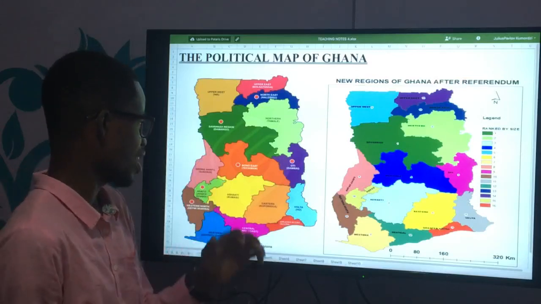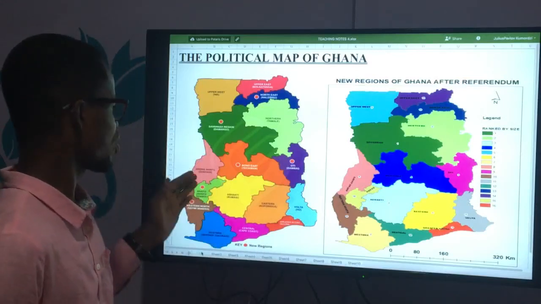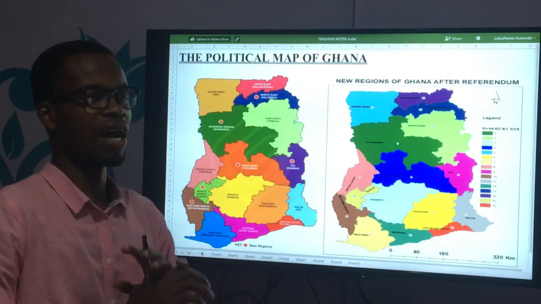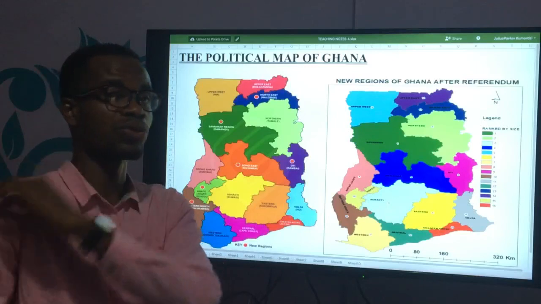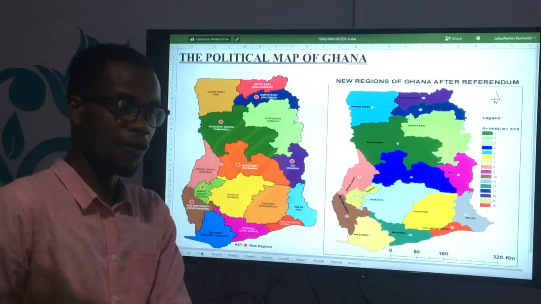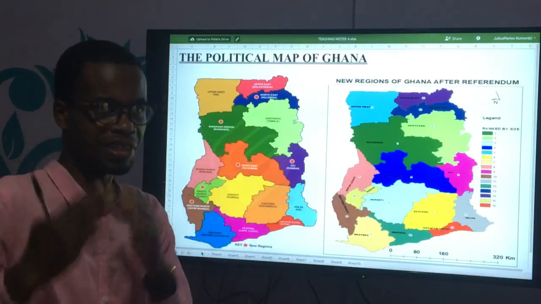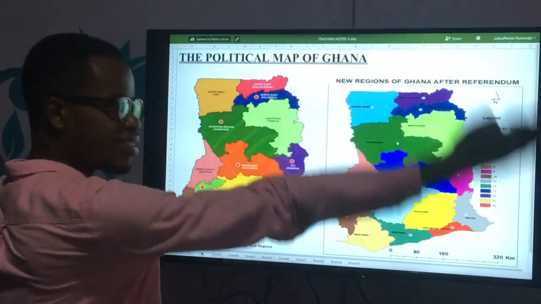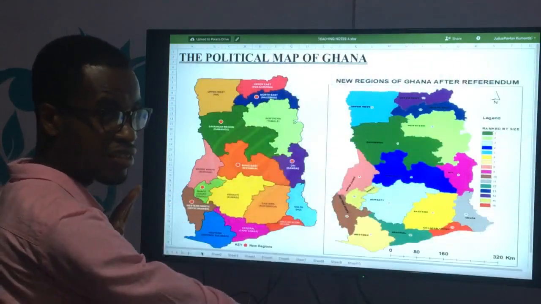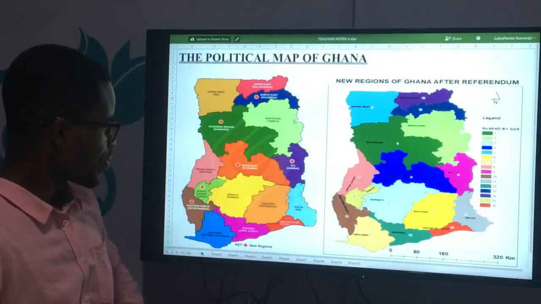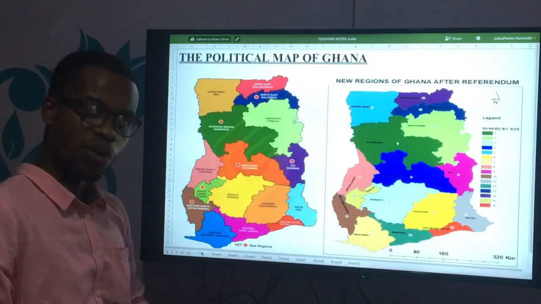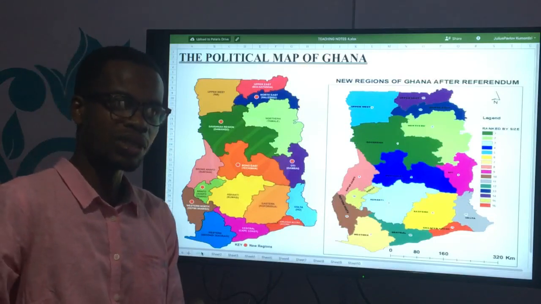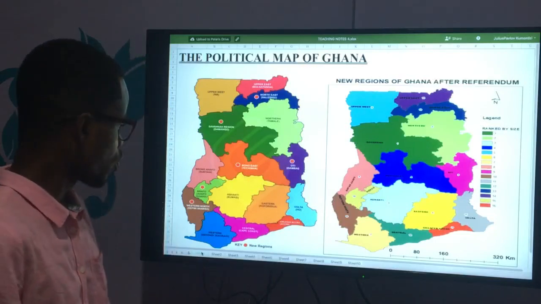region. Now let's come to this side, the Bono side. So the Bono side, we have the Bono region. Okay, so we don't have Brong Ahafo as it was formerly called. So we have Bono region with its capital Sunyani, and then we have Bono East. So you look at this side, the Bono East, and then down just southwards of the Bono region, we have the Ahafo region with its capital Goaso,